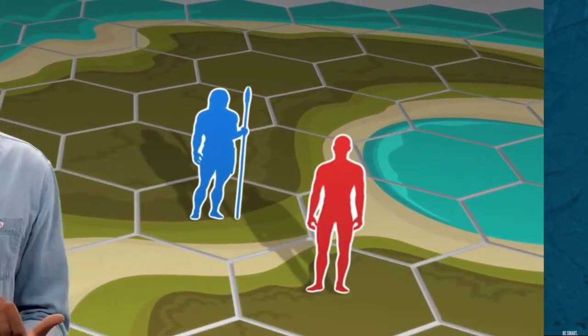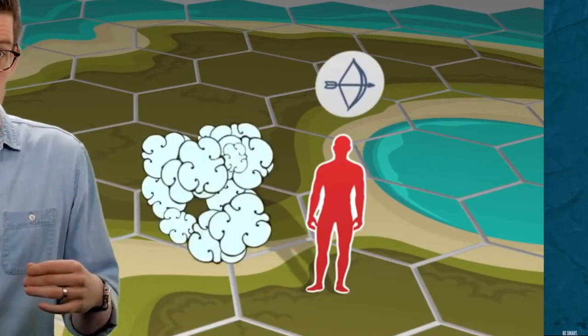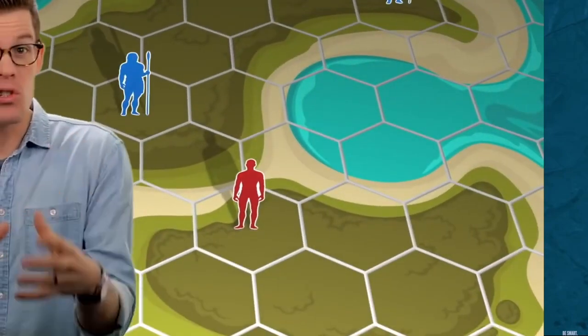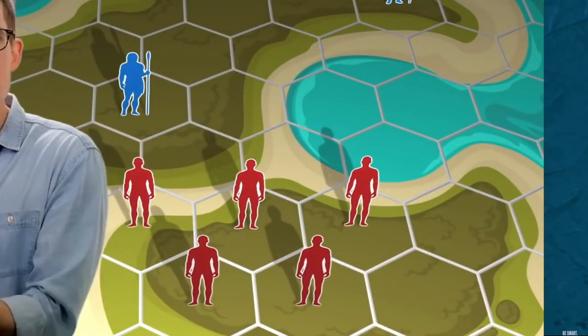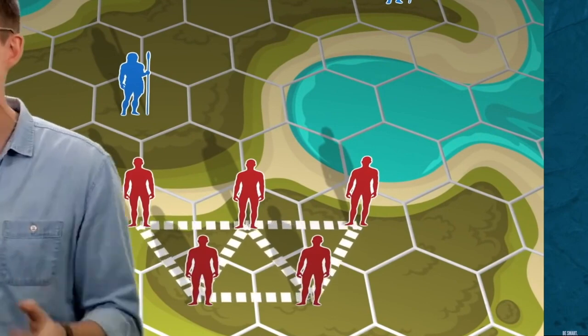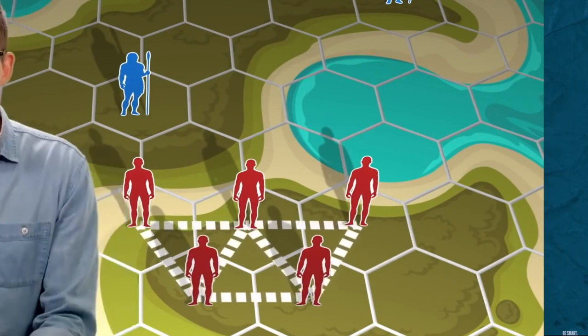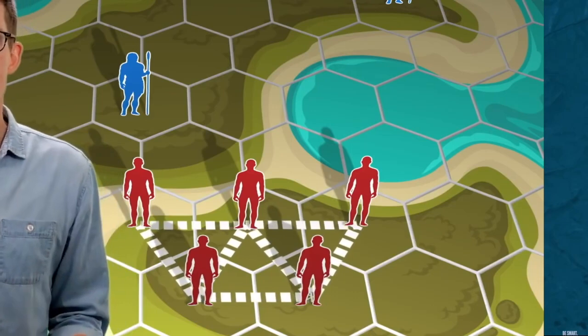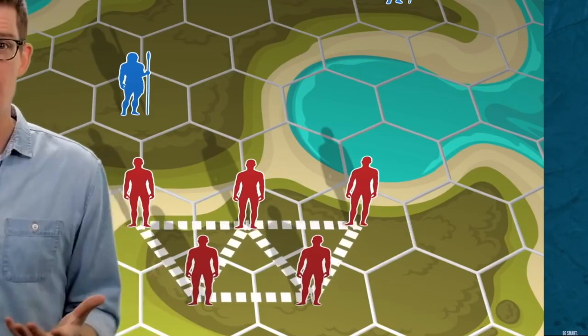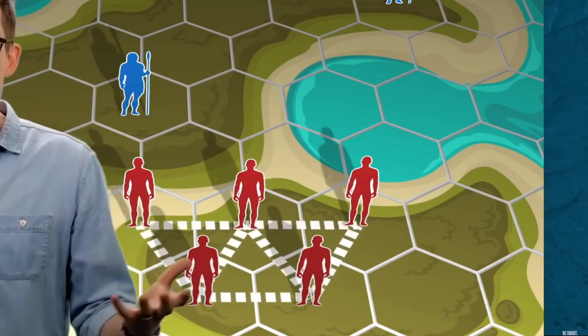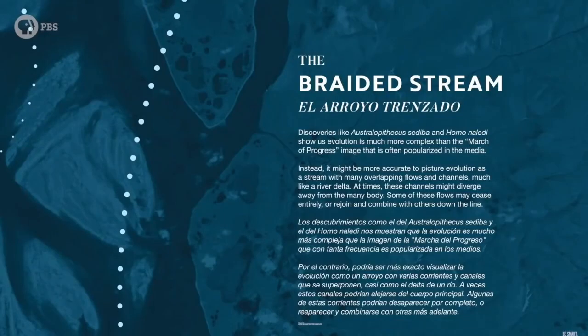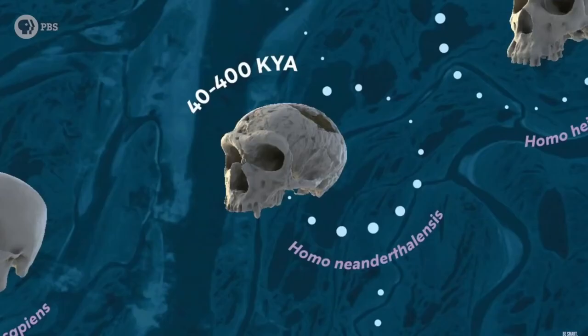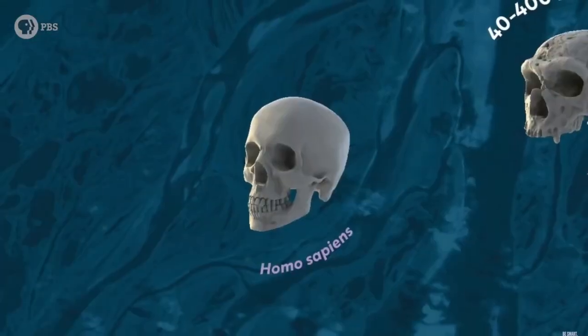We could say we're kind of smart, but we're not the best, no? We're just lucky enough that we always live in groups, and living in groups offers protection, and that has made us survive. The braided stream model can put things into perspective.